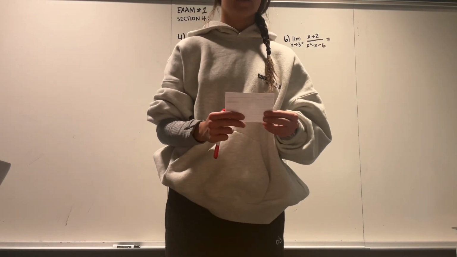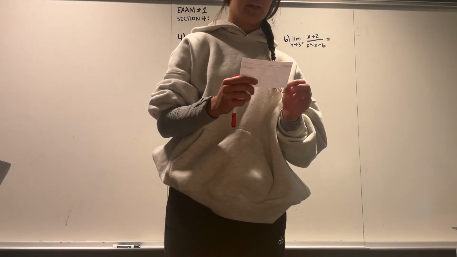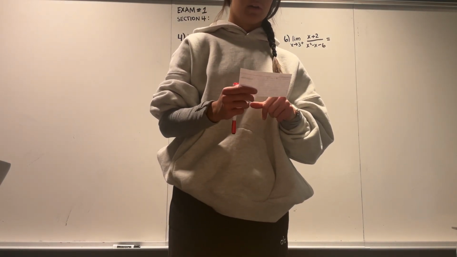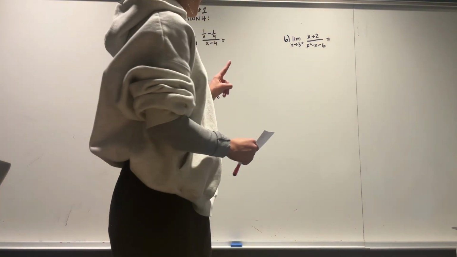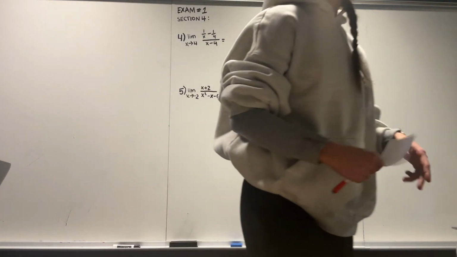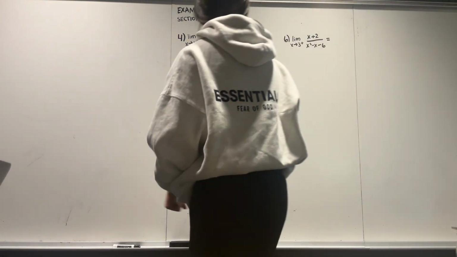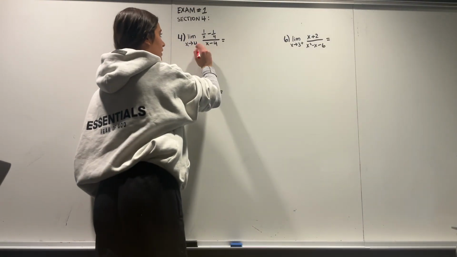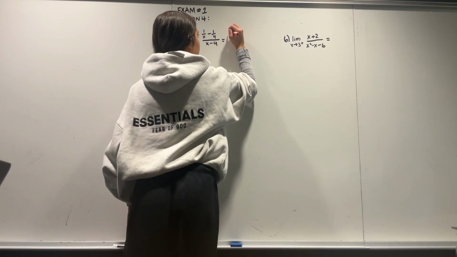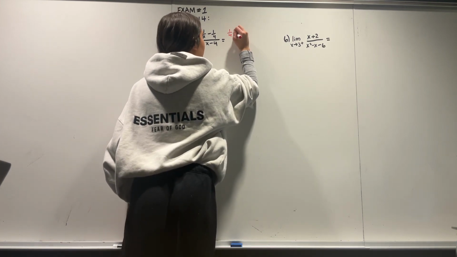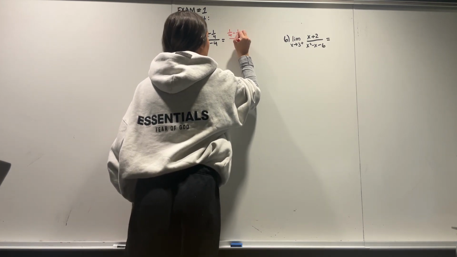This is exam 1, page 7, section 4. And this is numbers 4, 5, and 6. And we're going to be evaluating the limits. So to start off, we're going to put the 4 in for the x's, just to get 4 minus 1/4 over